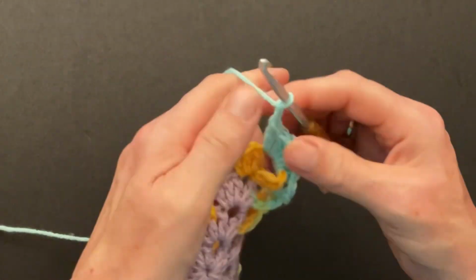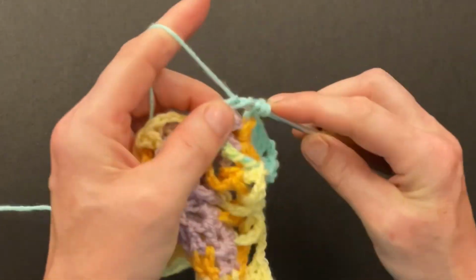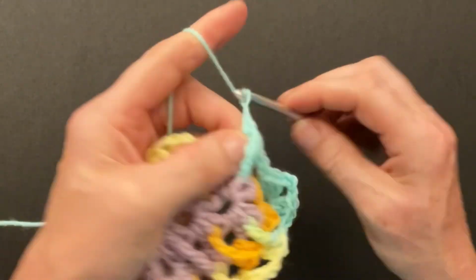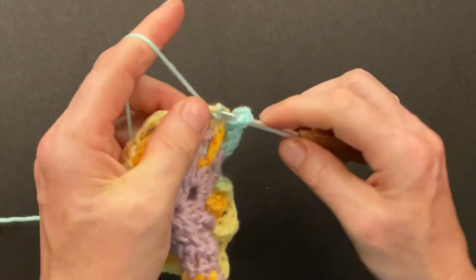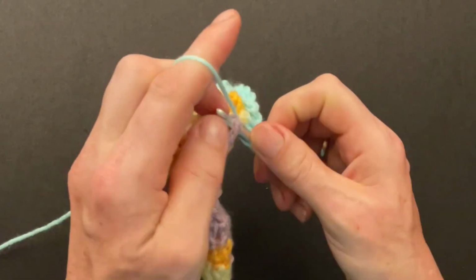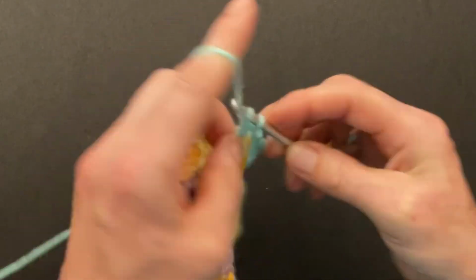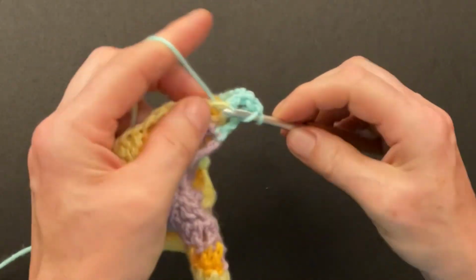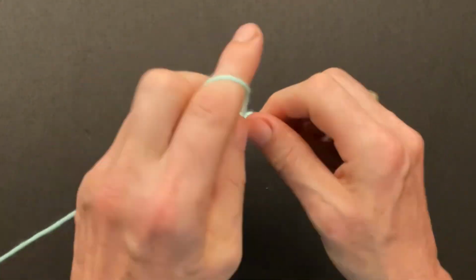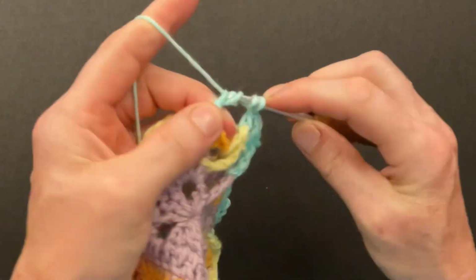Chain 2 and go into the first space and make the double, the front post double treble around the second double, and a double into the first space, and chain 2. Double crochet into the second space and make the front post double treble around the previous front post double treble, and another double into the chain space and chain 2. Then here's our last space, the third space. We make a double, a front post double treble around the second double below, and a double crochet into the